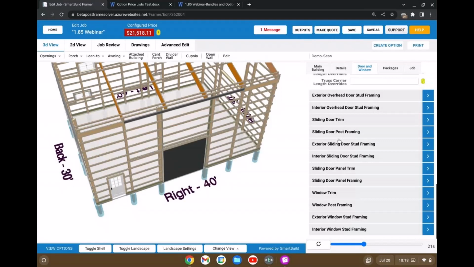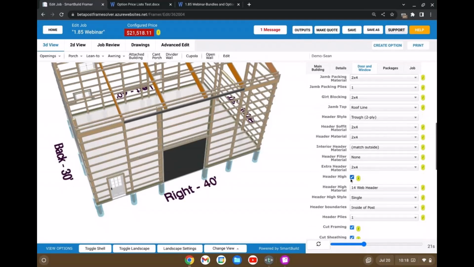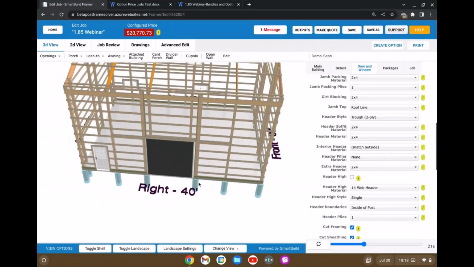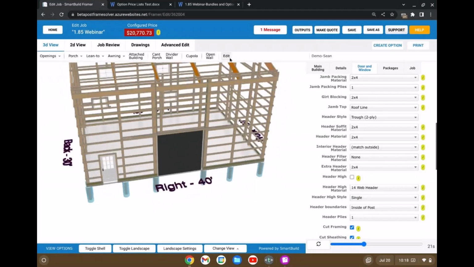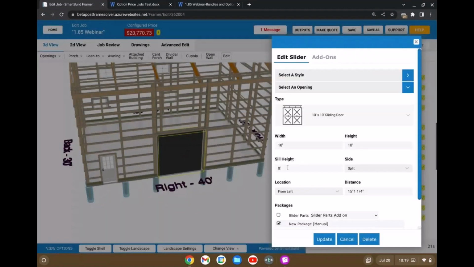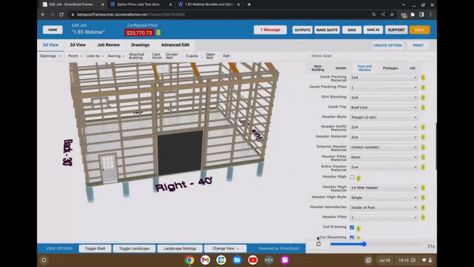Was that a slider? Yeah. So if you turn that off, then you'll get what he's talking about. You'll have the post up above it. But if you change the sill height of that opening and raise it up 5 feet, you don't get posts underneath it. I think that's what you're talking about, right, Chris? That's right. See what happens. 10 might be a little much, but